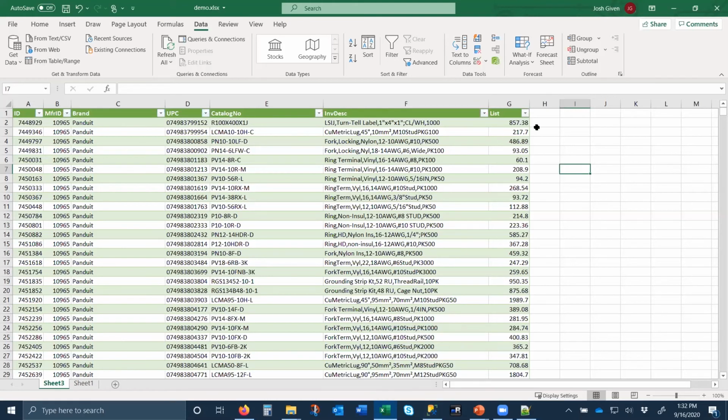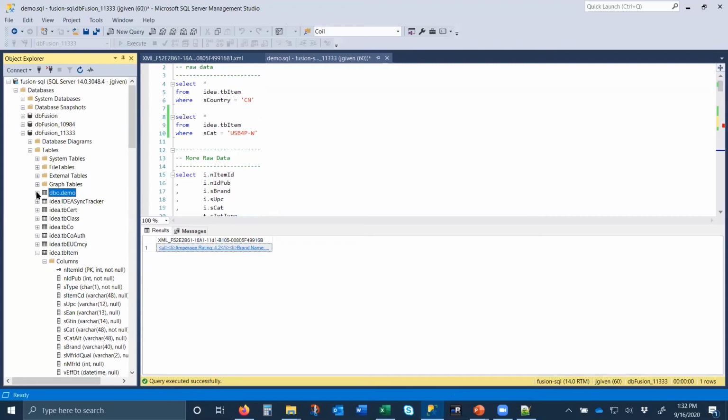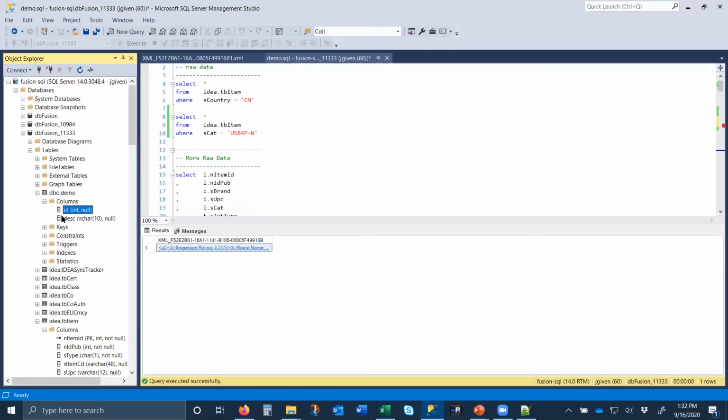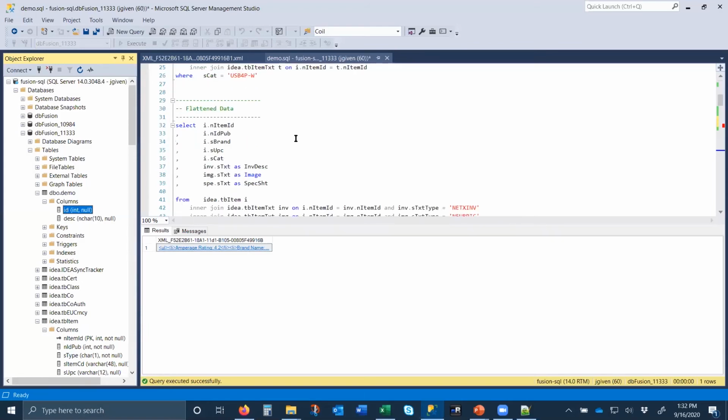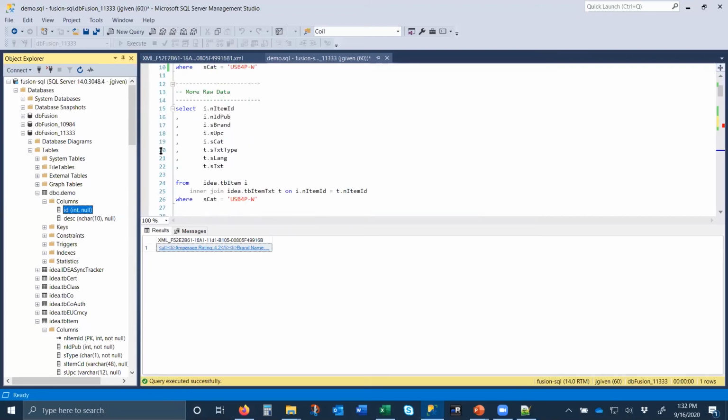Again, you can add your own data to this. So maybe what we want to do is change our query a little bit. I have this demo table that I created here. It's just got two fields in it, an ID and a description, where I'm saying, you know what, I want to do a different description for this particular ID. So you can very easily take this query right here,